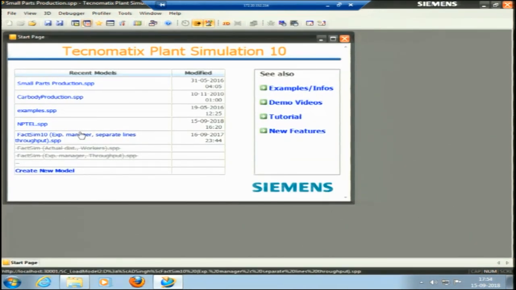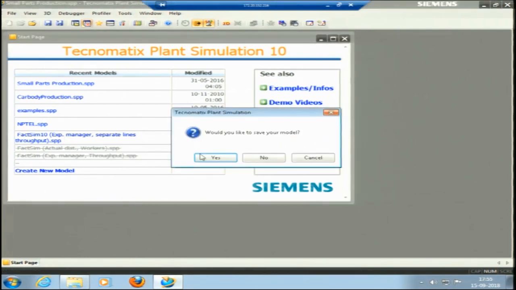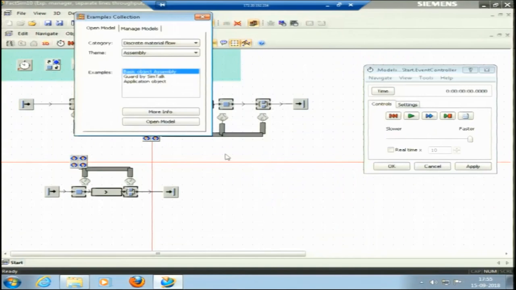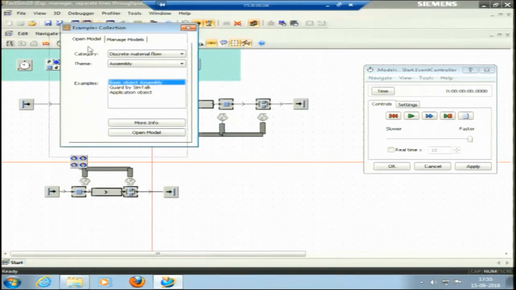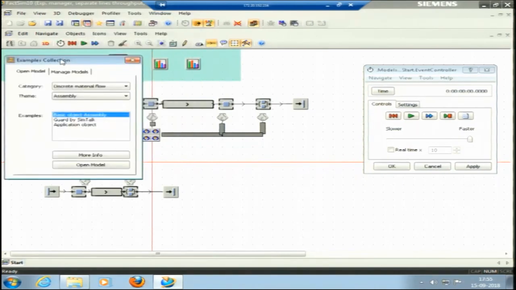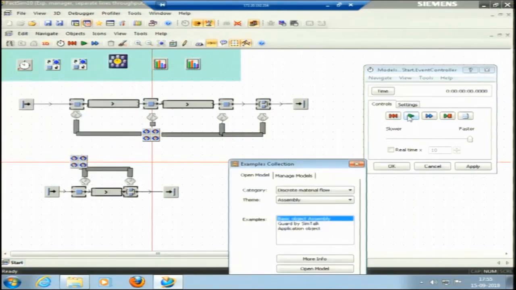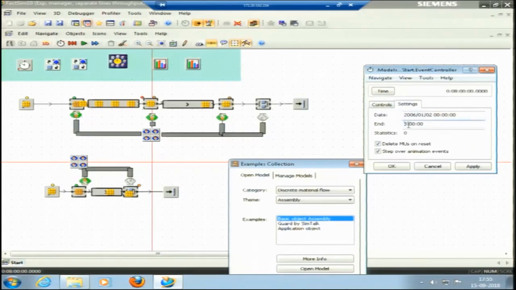Let me open this model. This is one of the models in which we have used the experiment controller. If I run the model, it has run for 8 hours in the fastest position, because I had put the end time at 8 hours.